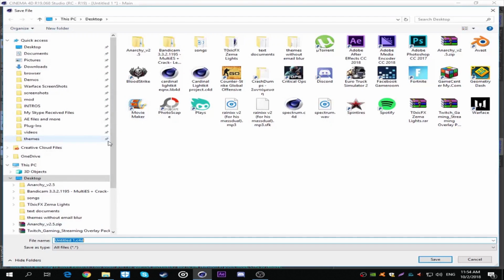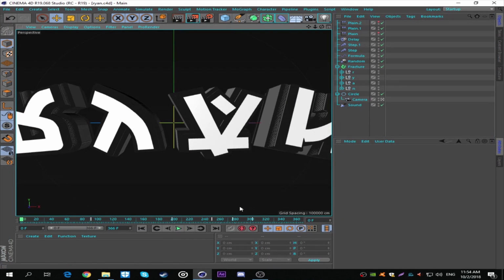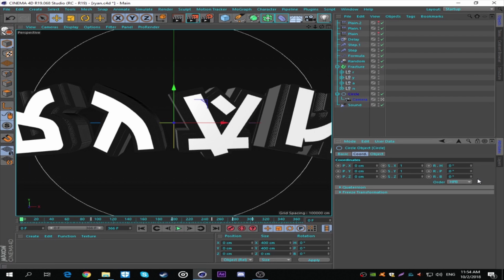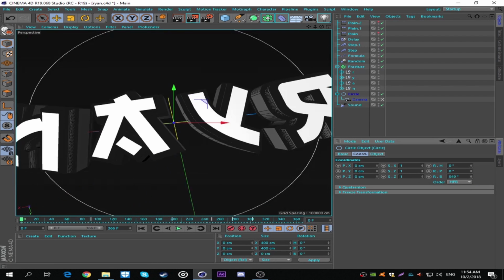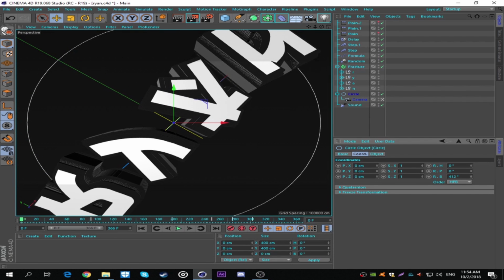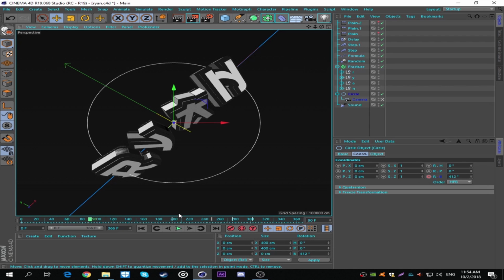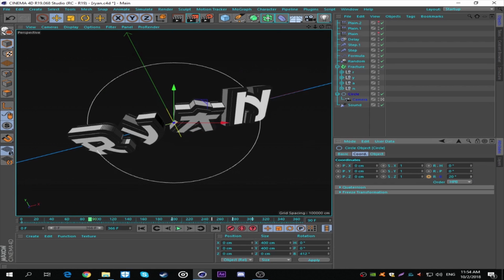Save your project in case your C4D crashed for some reason. Rename it. Click enter to save. Now I'm gonna make the circle rotations here, like here, one frame before, make the rotation like this,